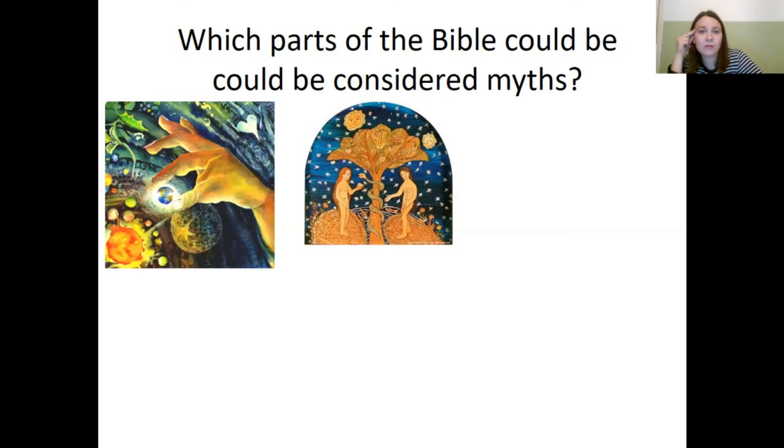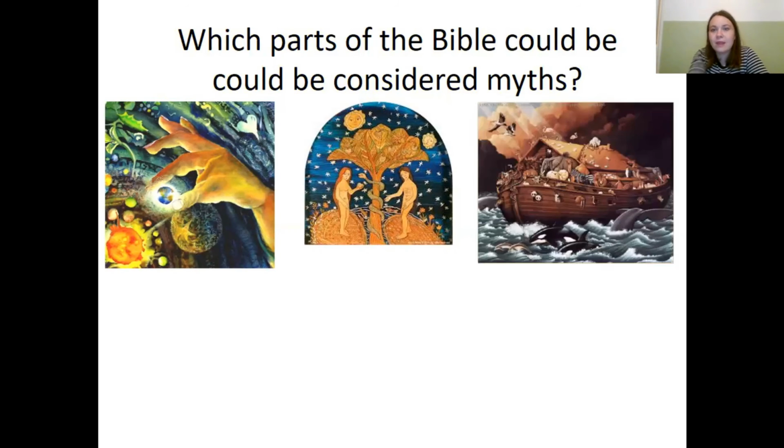So a lot of people would say, well, we need to read the creation story, but also the story of Adam and Eve as a myth, that Adam represents men and Eve represents woman, and there wasn't a talking snake, but that represents that bit of us that's always curious and explores and does things that we shouldn't do. There wasn't actually a tree and some fruit, but there was a choice, and that tree represents free will and human choice. The story of Noah's Ark, is that a myth or is it true?